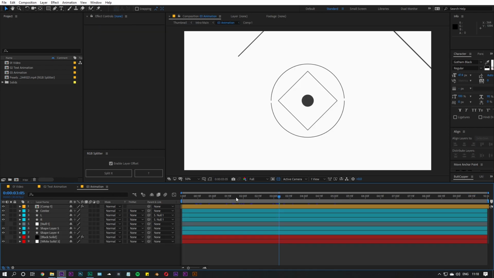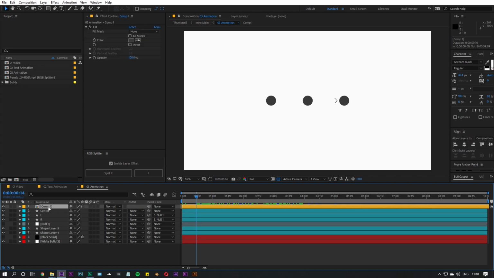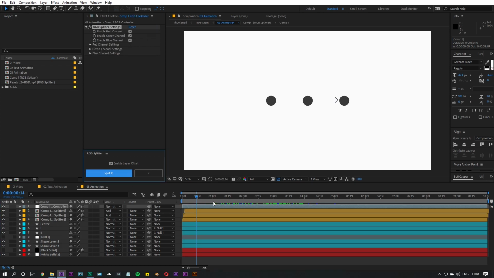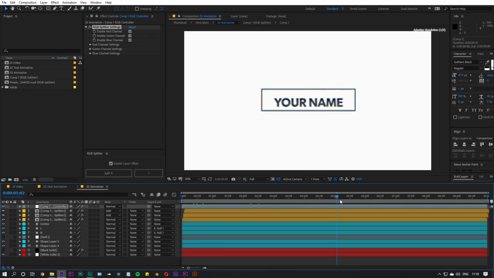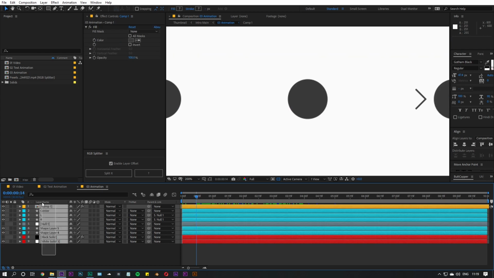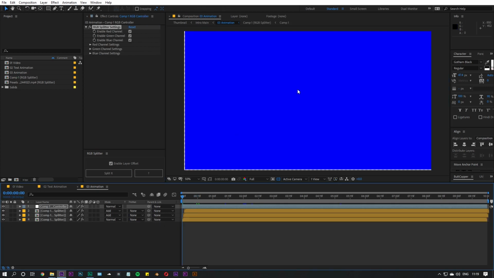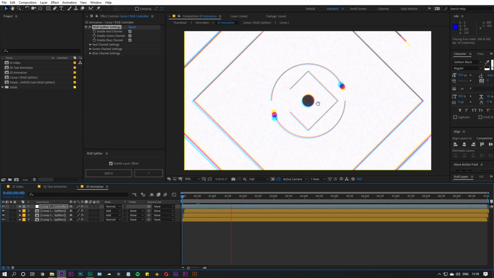Over here you can see I have these animations, and you can select multiple layers as well. For example, if you want the effect to occur only on some of the layers, you can simply select them and click on it, and it will add the effect to those particular layers over here like this. Other than that, you can select all the layers, and if you click on split it, here you can see it will add the animation to all the layers just like this.